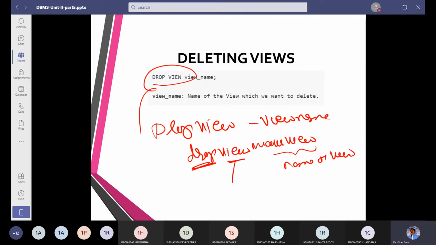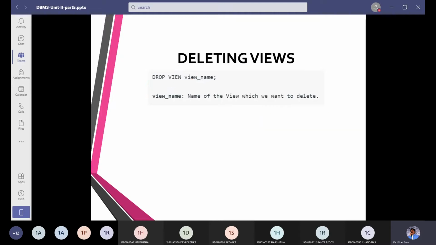Drop and view are reserved words. Drop is a reserved word. View is a reserved word. Marks view, which I created or you created, is the user defined name.